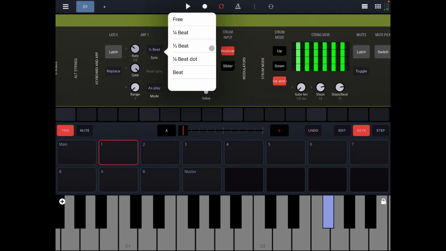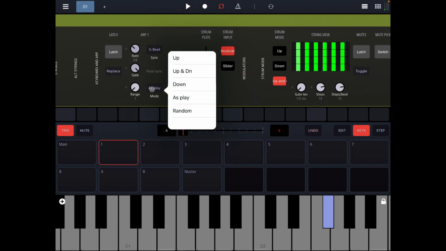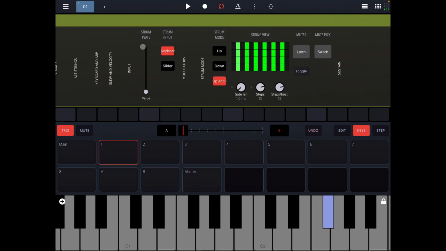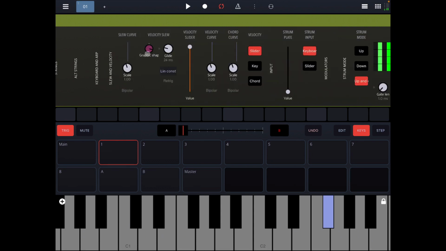And of course you can change all of the arpeggiator settings and the as played, up, down, what kind of arp mode you want. I'll mute these. We'll compact that. Slew and velocity. So